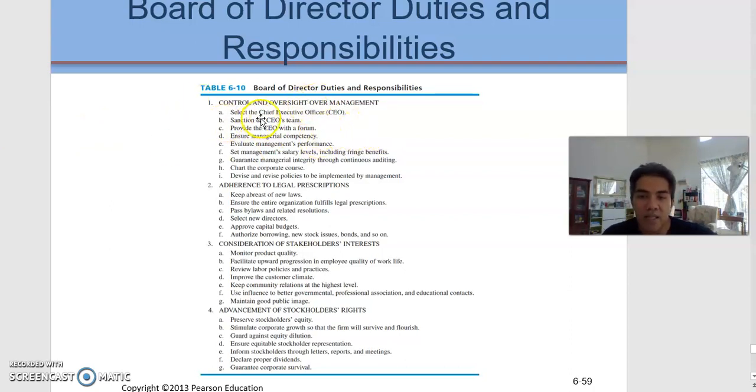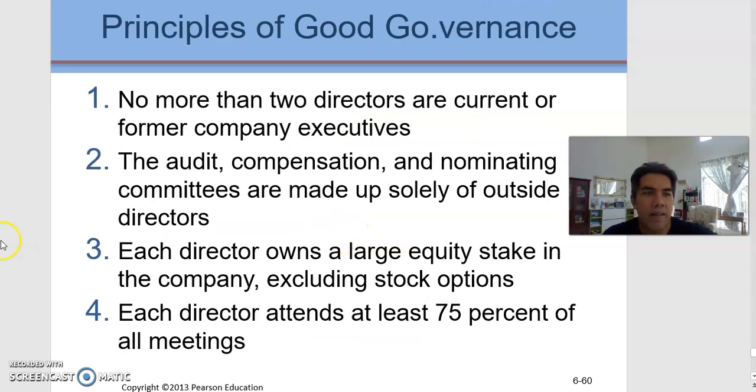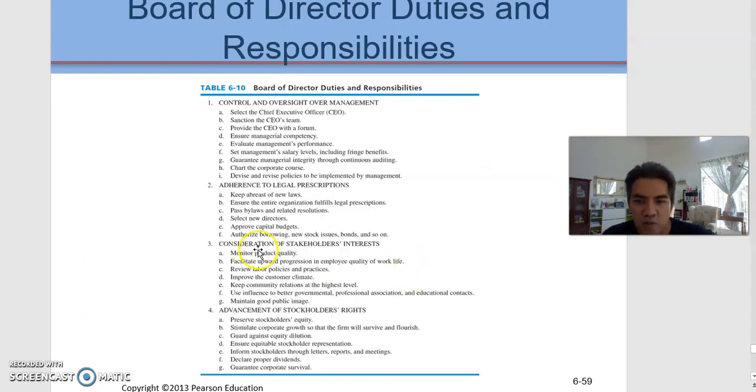So as the board of directors, there are 4 main responsibilities. Number 1, they need to have control and oversight over management in terms of selecting the CEO, ensuring managerial competency, evaluating management performance, salary level, and whatnot. And then adherence to legal prescription, they need to keep monitoring the new laws, select new directors, approve capital budgets, and then they are also responsible to consider the stakeholders' interests,